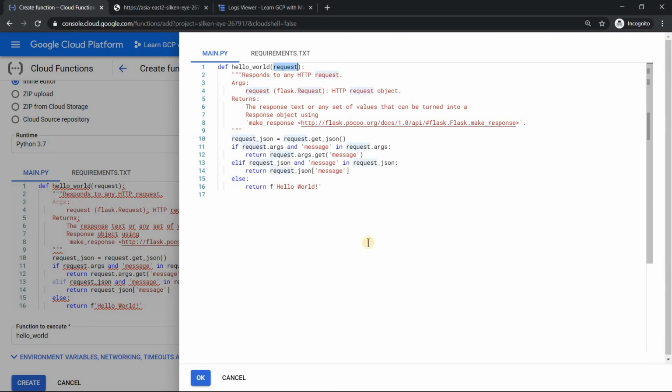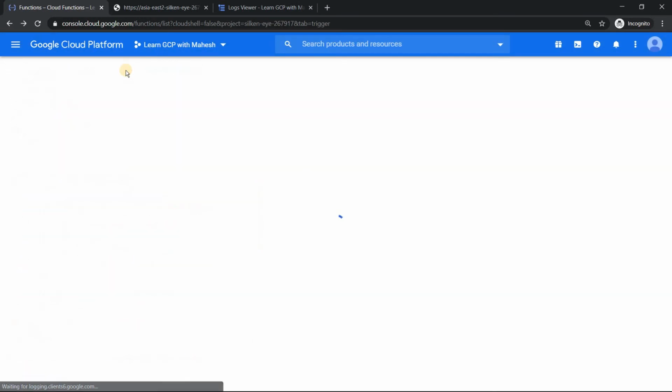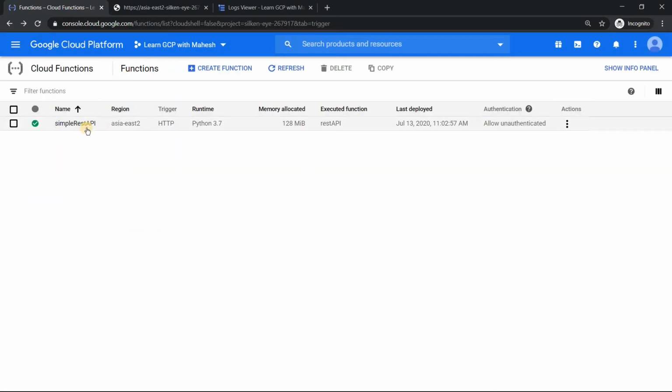We did not pass this in the function which we wrote, REST API. So just copy this, and even though we are not using it, pass this. That could be handy, is what I have seen.